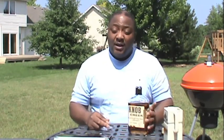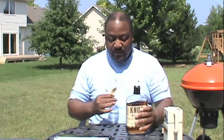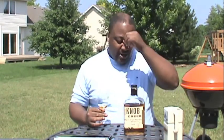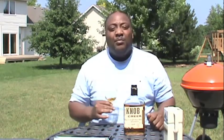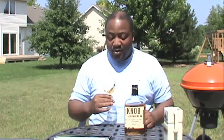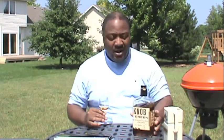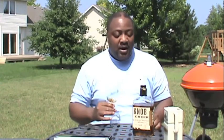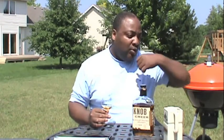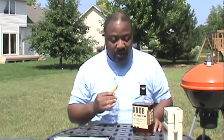100 proof, so 50% alcohol by volume. I don't know the malt bill for this one, but it is a bourbon, Kentucky straight bourbon, so it has to be a minimum of 51% corn. Sorry if I'm squinting, got a lot of sun going on. This one is aged 9 years, and of course, being a bourbon, it has to be aged on new charred oak, or American oak. Typically they use American white oak. So 9 years is